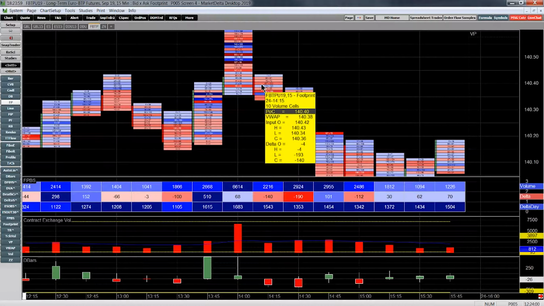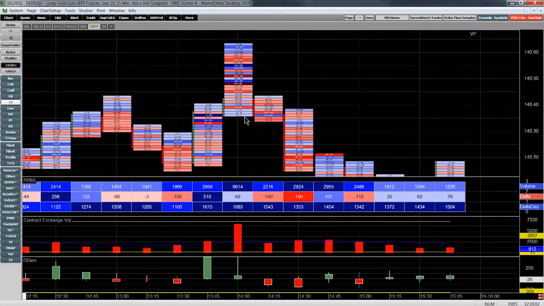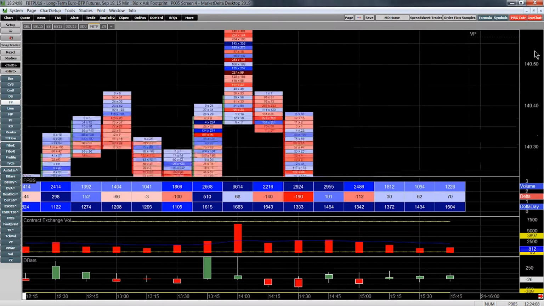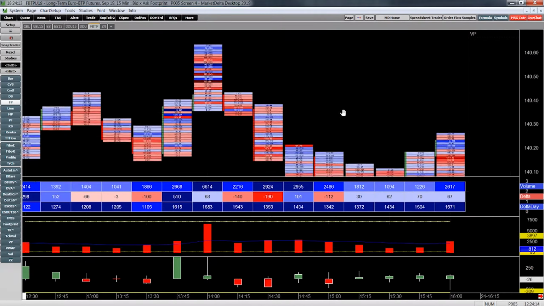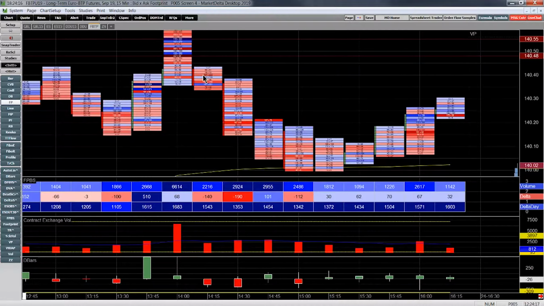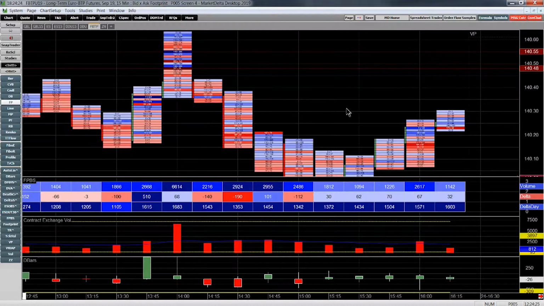Now note, I'm not saying you need to get short on the break of this 15-minute candle. What I'm saying is at the end of the day in your analysis, you need to be aware that there was a seller that intervened in the market. There was significant absorption that took place, and that seller not only absorbed, but he then went to market. And we can see that because price initiates the downside on significant volume. Okay. So that's the first takeaway. That's what we take away from the day.